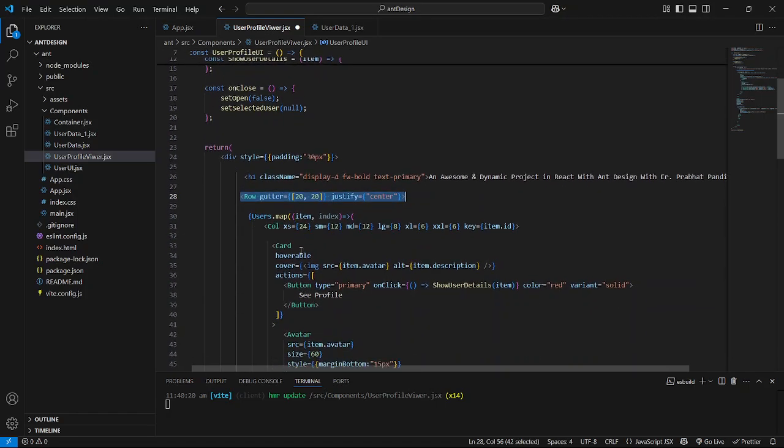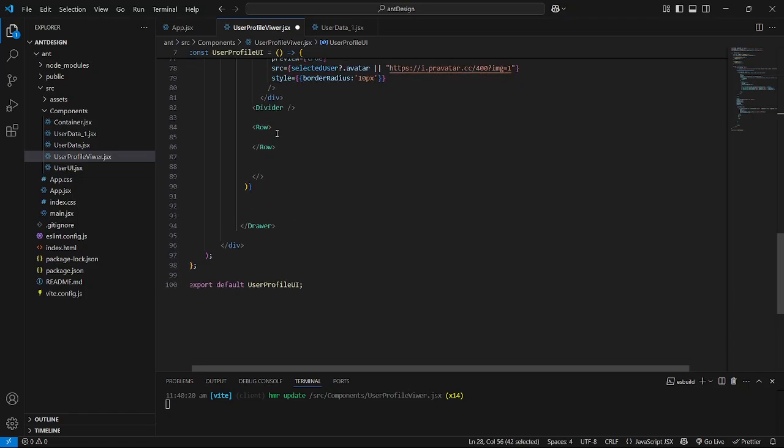Let me create the col also. Inside the row we are gonna create the col, and I will define the breakpoints also. For extra small I will use 24, for small I will use 12, and for the medium screen I will use